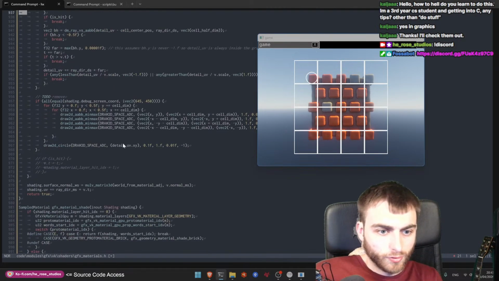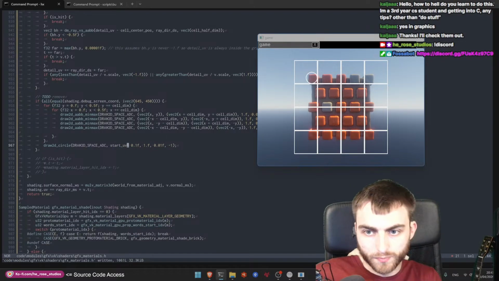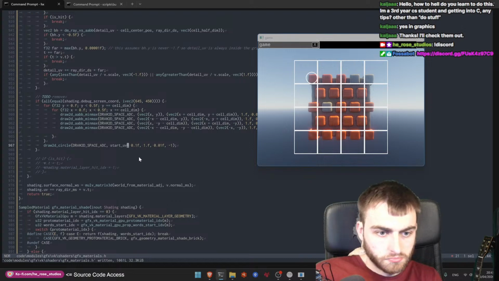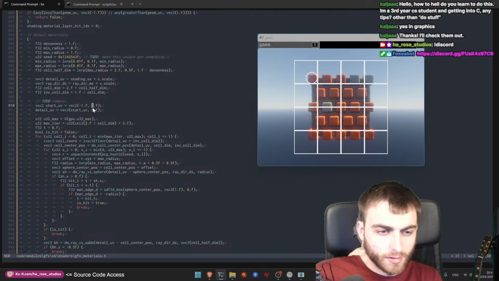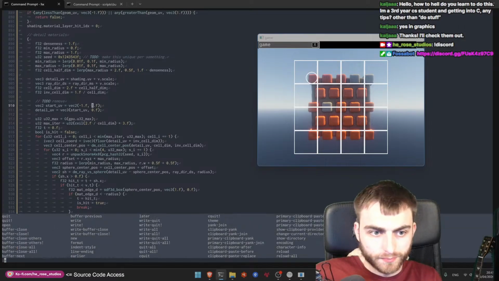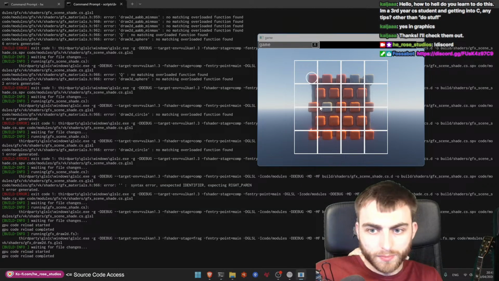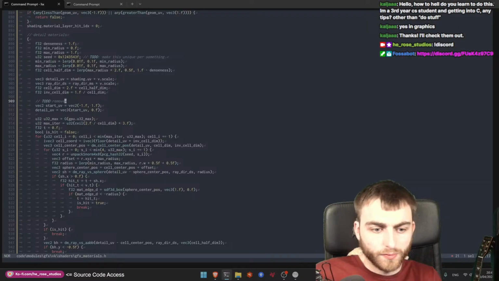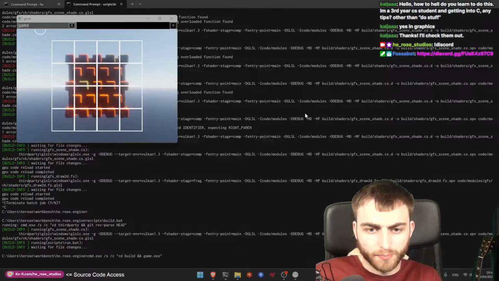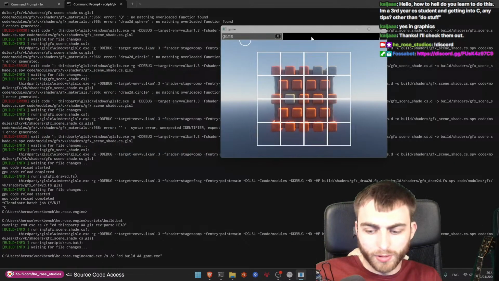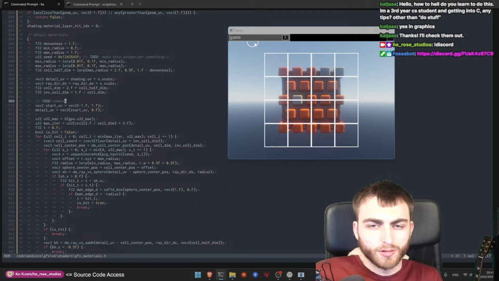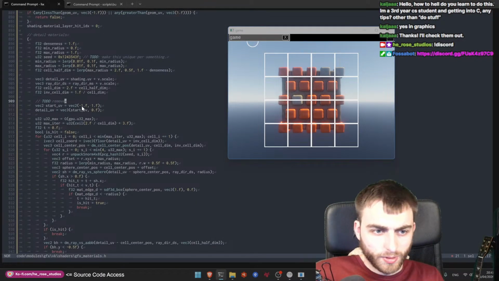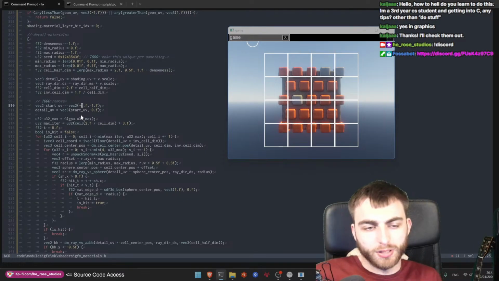So if we draw out the start UV, I don't know if the hot reload just went busted. No, yes, the hot reload went a bit weird. Happens sometimes. Right, so there's your -1. Okay, so